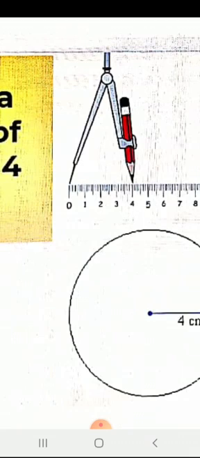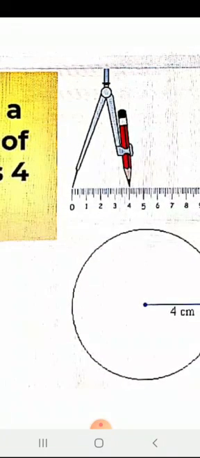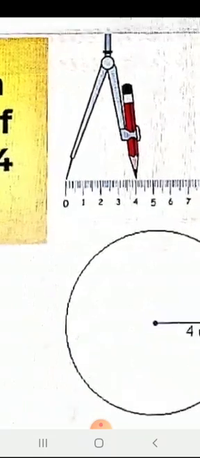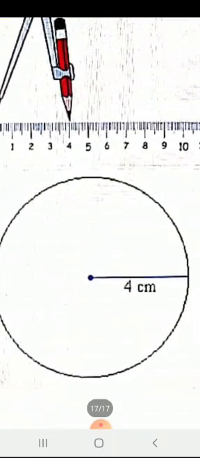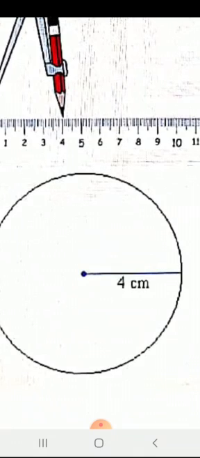Now did we get it here? The length is exactly 4 centimeters. Take the length with the pencil. Now take out the scale. Now bring that compass and put it in the middle of the paper. The needle should be placed in the middle of the paper. With the pencil holder, you should start from right to left, or left to right, to draw a circle.